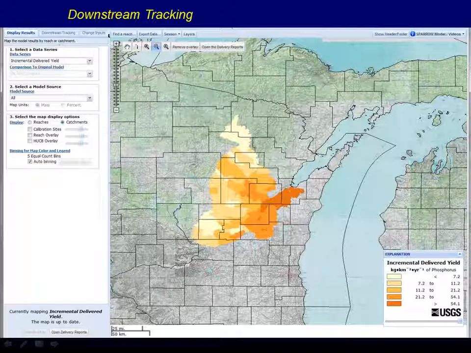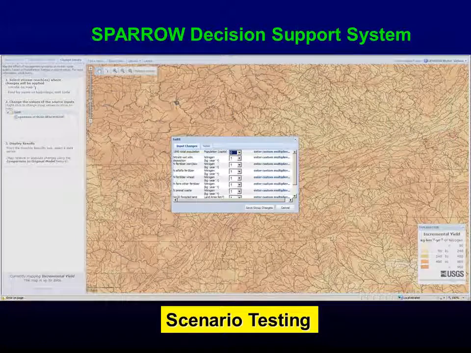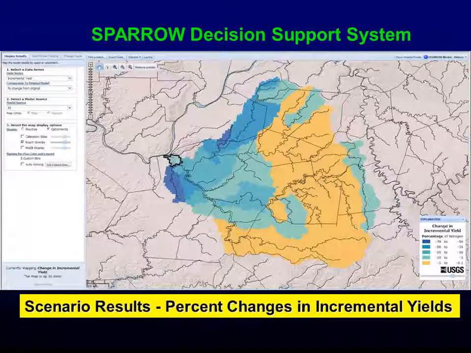Now, if you went a little bit further, that was Downstream Tracking. Go to Change in Outputs, Change in Inputs. You can change your sources and see if I dropped out a sewage treatment plant, what would be the impact of that? If you clicked on that, you'd see each of your sources. And for the area you're interested in, you can change any of the individual sources by a certain percent. So you can take fertilizer and go from 100% down to 80% and see what your results are. It'll show you the final loads coming from those. It'll also show you a percent change. For here, I think I only changed point sources, and these are the areas that had point sources in it.